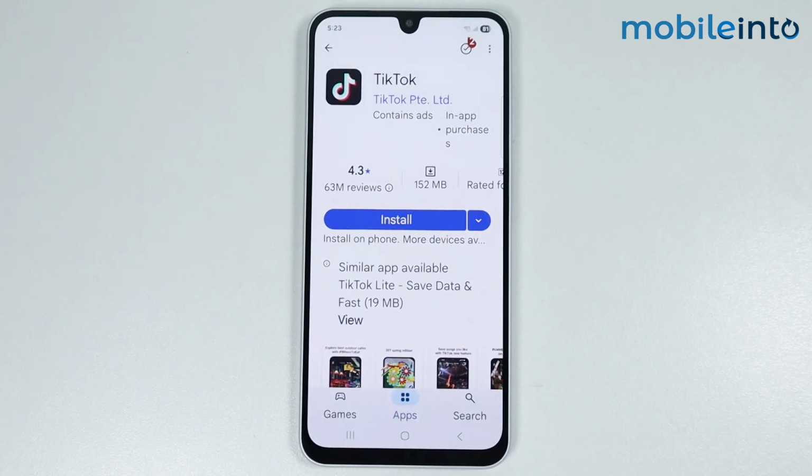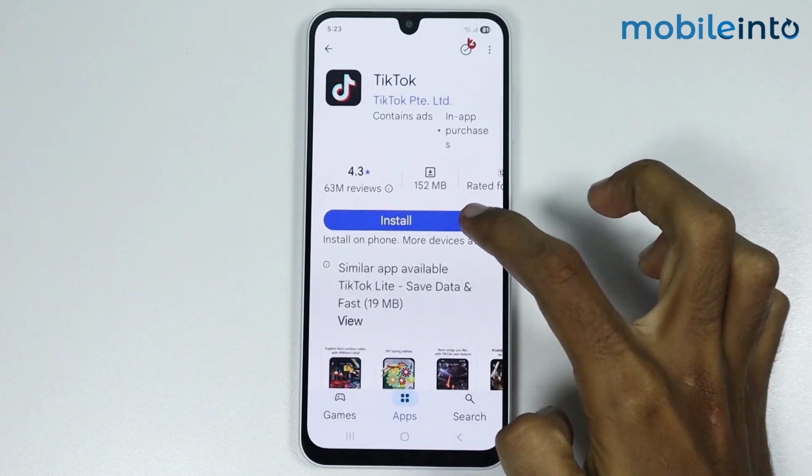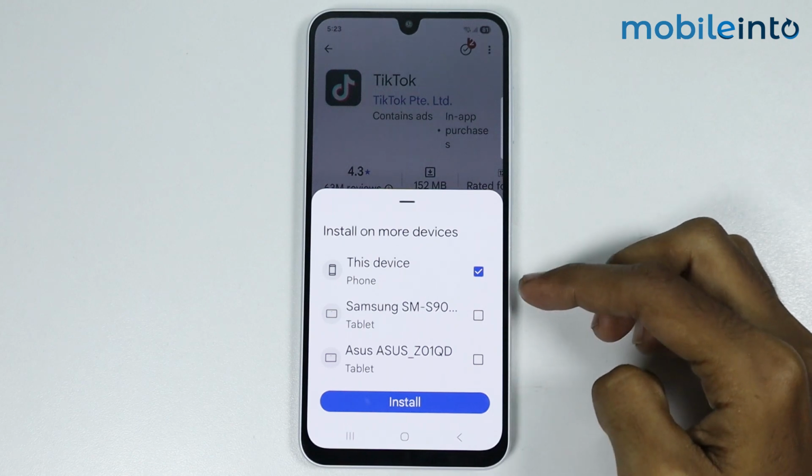Hey, what's up guys? So in this video, we will see how to remove multiple devices from Google Play Store